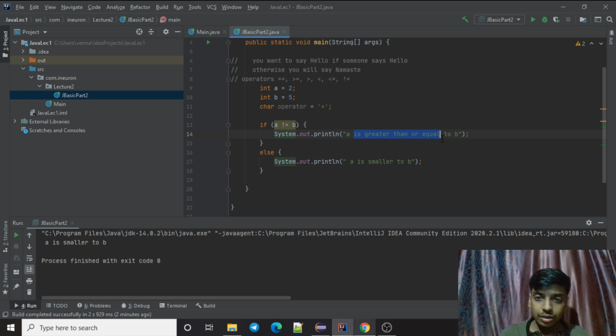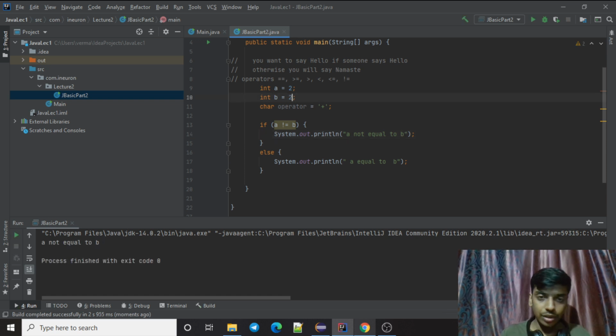A is not equal to b. If it is not equal, then obviously it is not equal to b, right? So 2 and 5 obviously they are not equal, so it will print "a not equal to b".